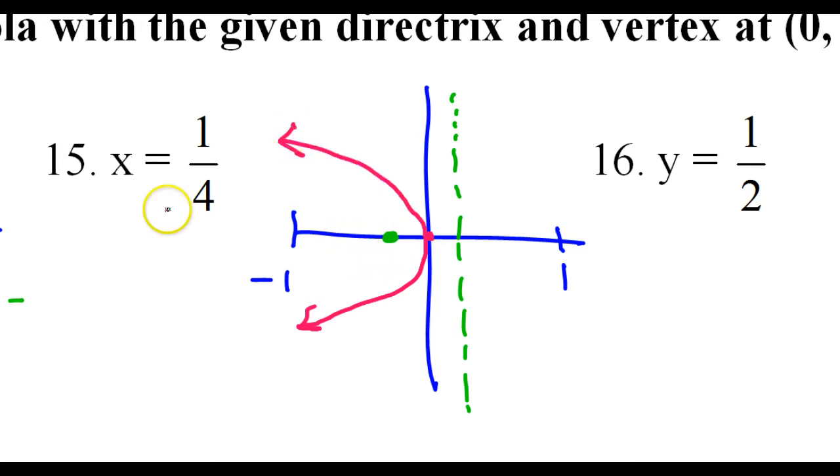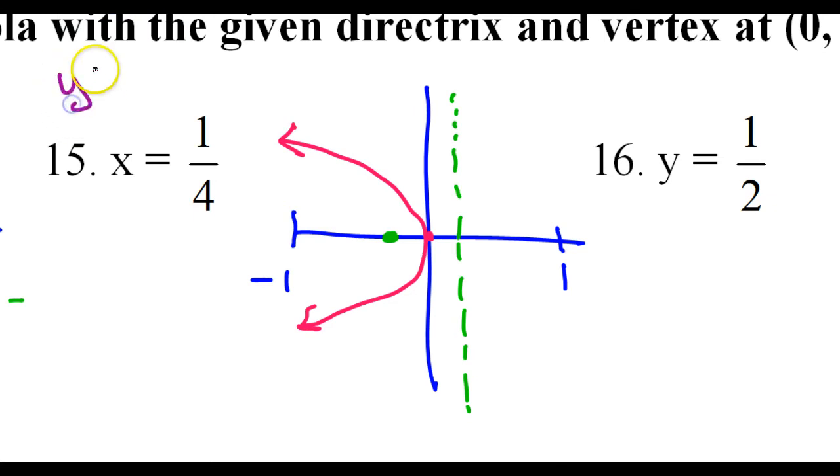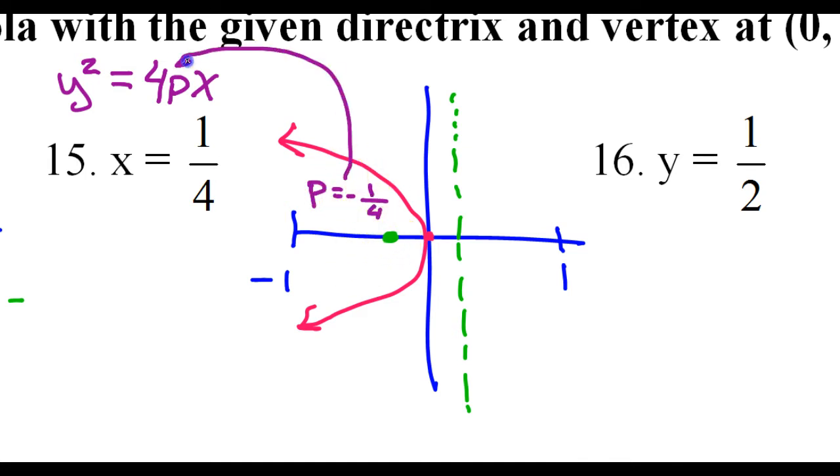So I see it's facing to the left. So that tells me, because it's sideways, it's going to be one of those strange equations that has the y squared. So it'll be y squared equals 4p times x whenever it's sideways. But because the focus is at -1/4, alright, this tells me that p is equal to -1/4. So I'm going to plug that in right there. So if I do, I've got y squared is equal to 4 times